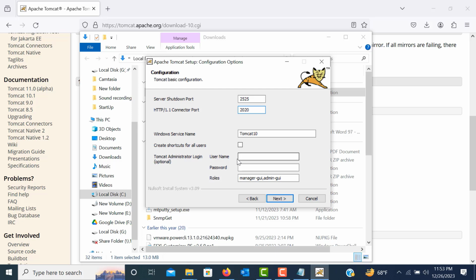Here is the administrator login prompt. Set the admin password as you want. Remember the connection port. Next,